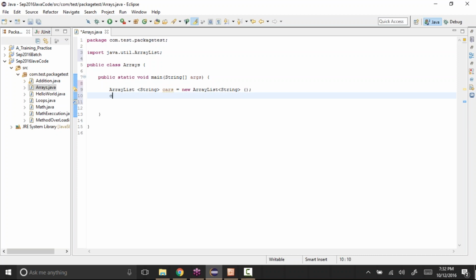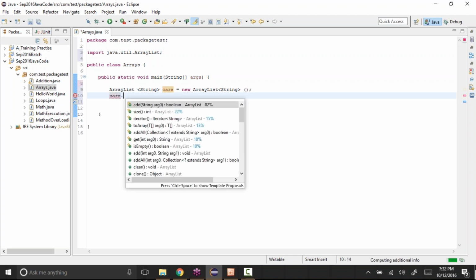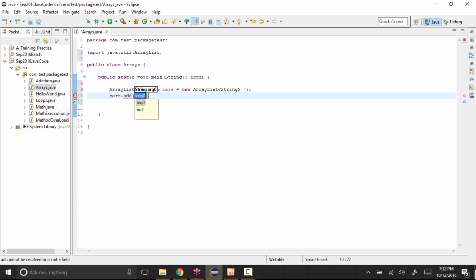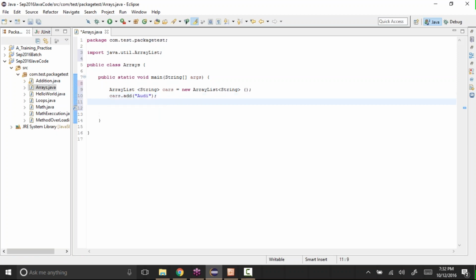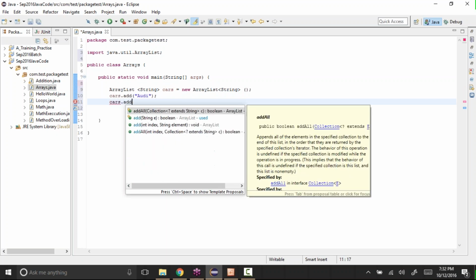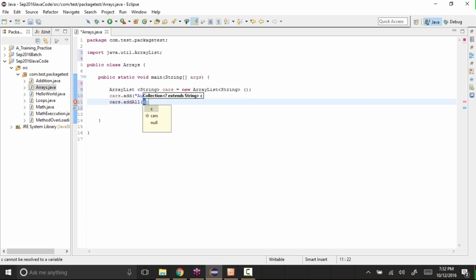And how to store the values is cars.add. We created a String ArrayList, so now you can store whatever type of value you want. Let's say I give Audi. Again, if I want to add one more value, cars.add, let's say Honda.